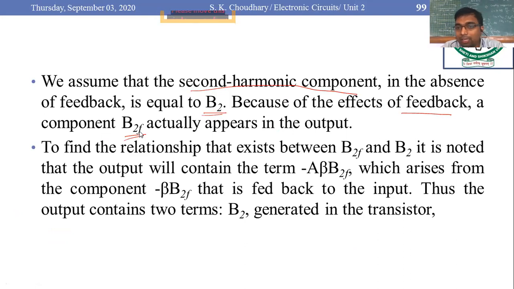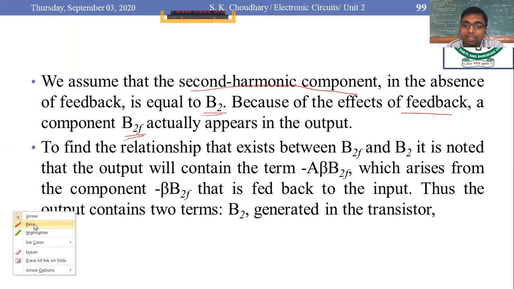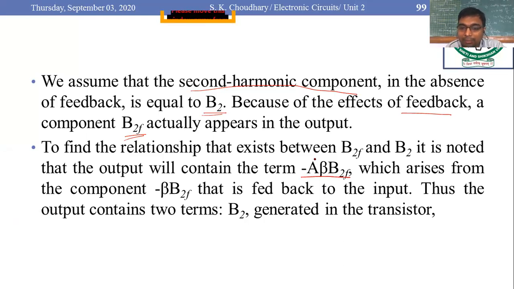To find the relationship between B2F and B2, note that the output contains a term minus A beta B2F. What is A here? It is the gain of the amplifier, and B2F is the second harmonic component after application of negative feedback,